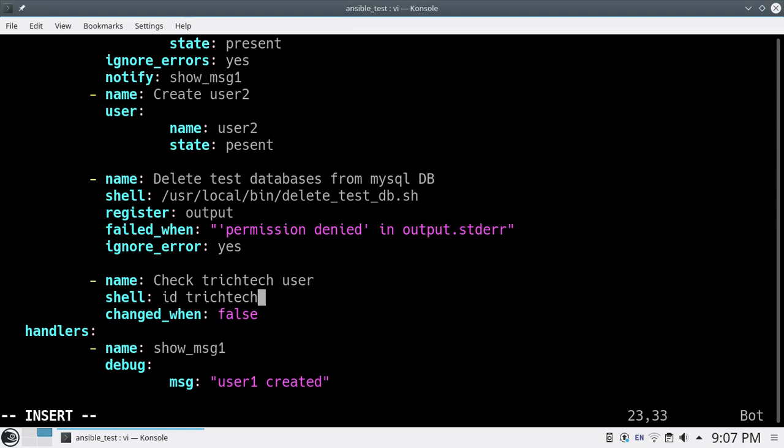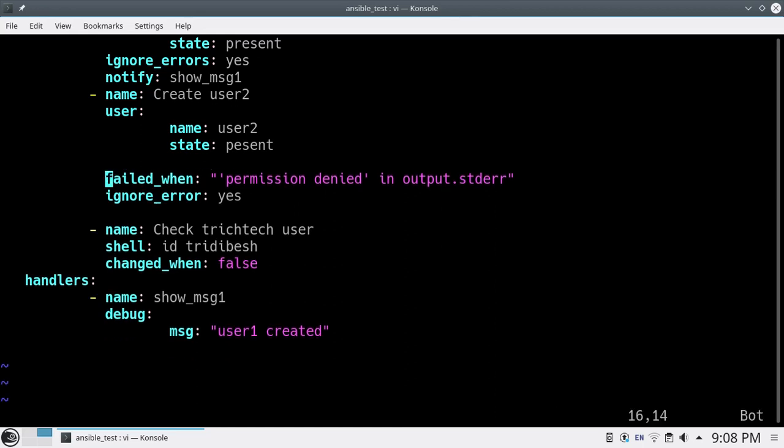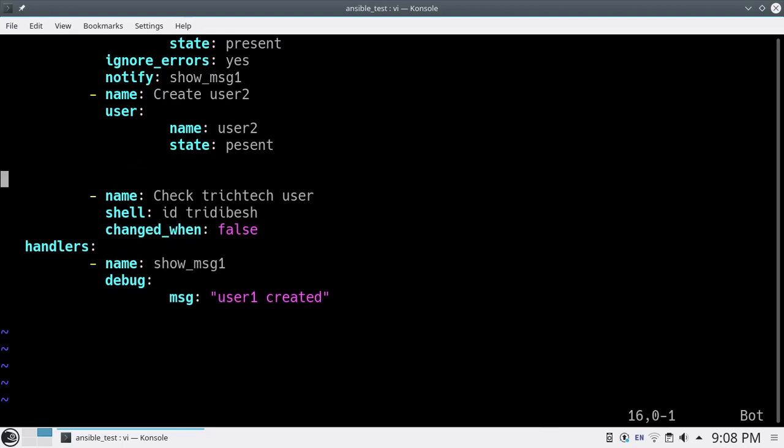So let's run this. Instead of TreachTech, let me put a user that is there already. So now I'm putting changed_when, and I don't have this script, so I'll just disable this one, or let me remove this line. So you can see check. Before running this, let me comment this out.